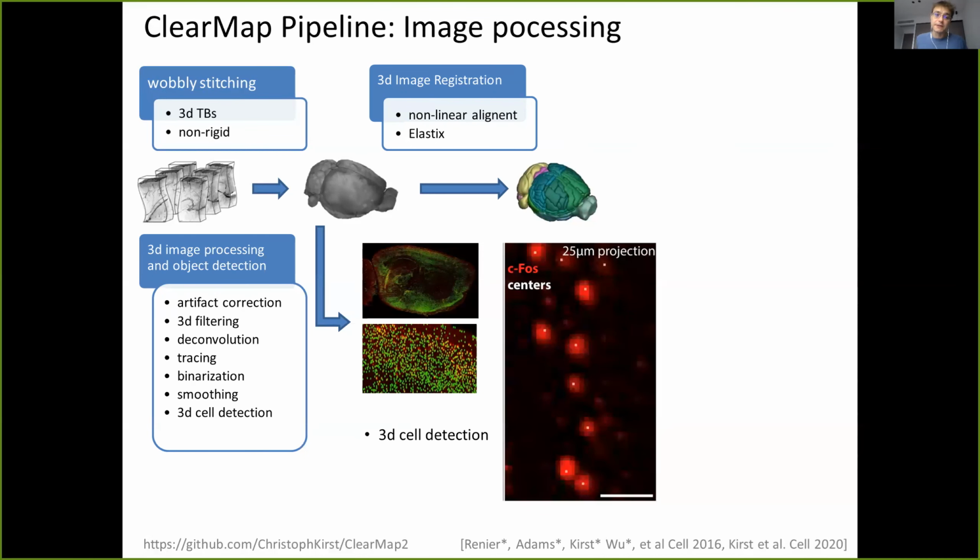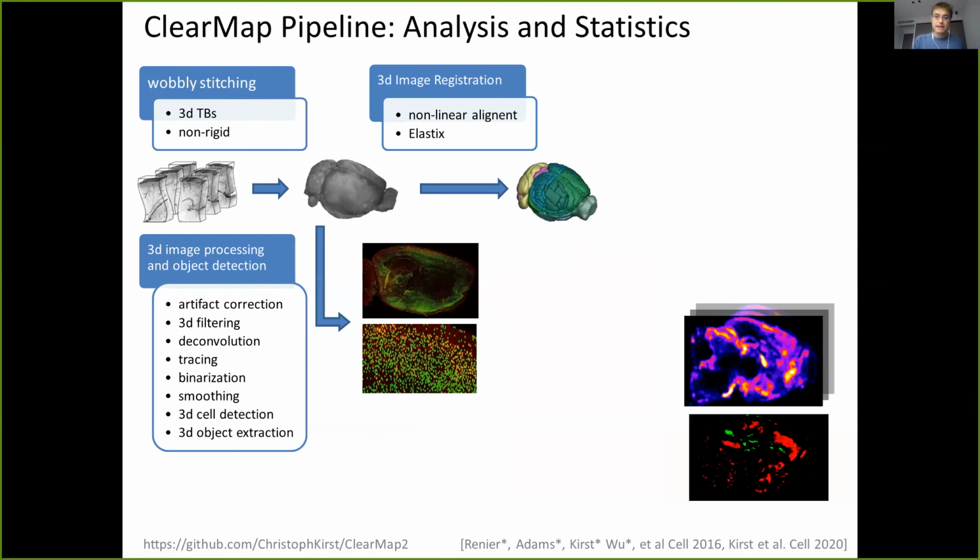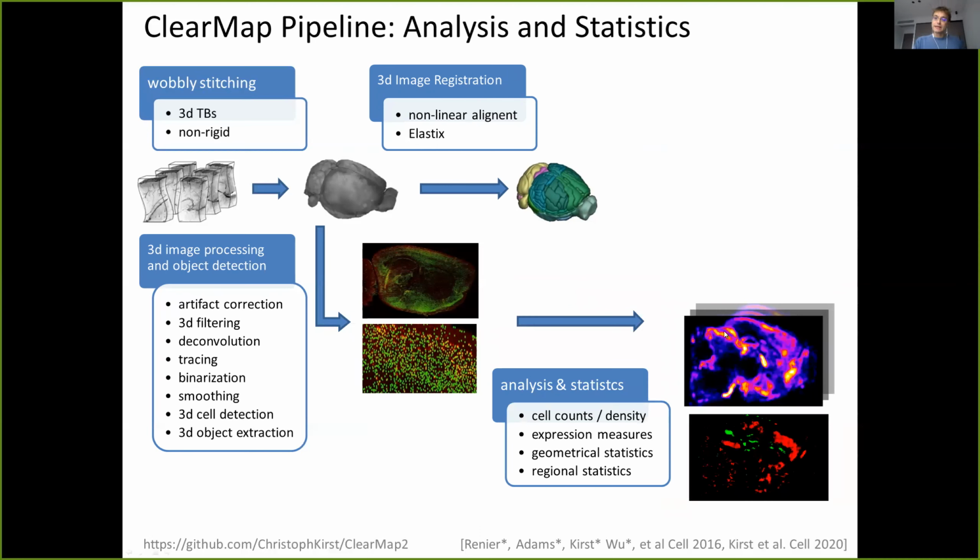In the end, after filtering a lot, we will detect cell centers here and also their cell shape, and then measure intensity of the expression, in this case, CFOS expression, which was the activity marker. Once we've done that, we use analysis and group statistics. Because our pipeline is high throughput, we can do this with a large number of samples to generate, for example, these heat maps that tell you where there are lots of cells that express CFOS or where the expression is particularly high, and we can do statistical comparison.